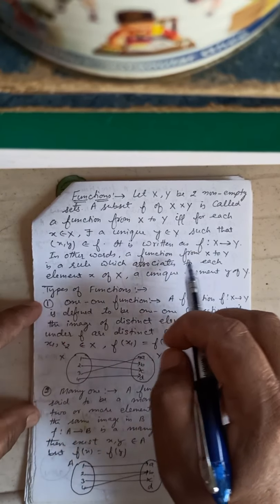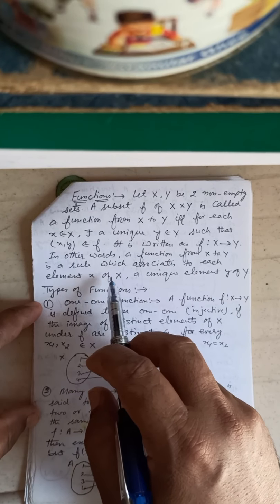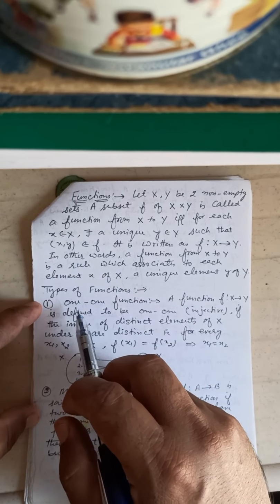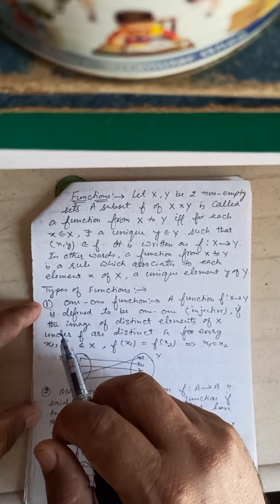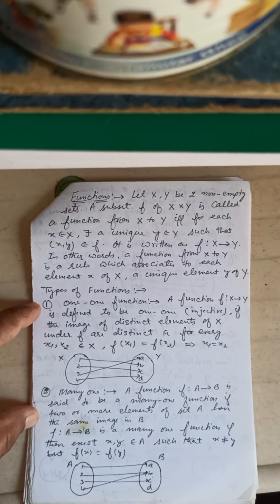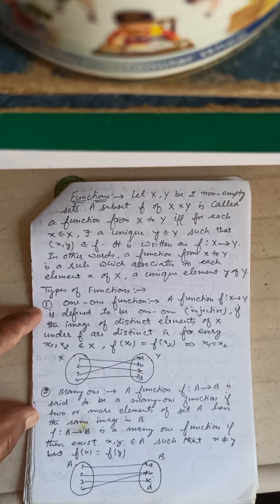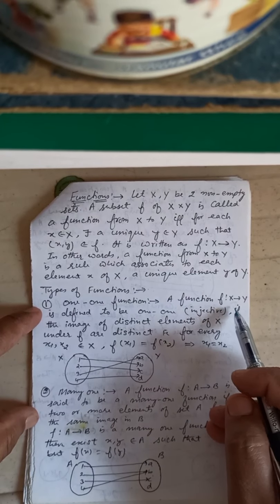In other words, a function from x to y is a rule which associates to each element x of x a unique element y of y. Then we have types of functions. One-one function. A function f mapping from x to y